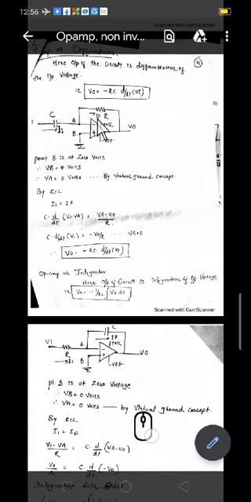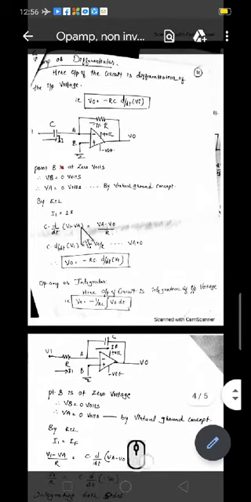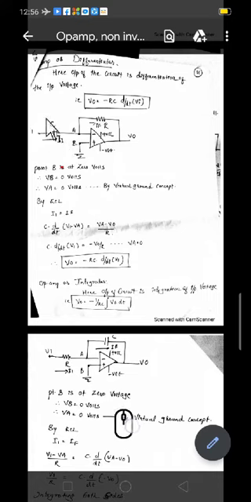Again I1 is equal to IF. Writing IF is not a problem. IF is equal to V by R, which V? VA minus V naught divided by R, you are going to write as you have written. See here, I1 is equal to IF. IF is VA minus V naught divided by R. But how, this is the current flowing through the capacitor, it is written as C into d by dt of the voltage difference, that is I1 is equal to C into d by dt of V1 minus VA. It is written like this.